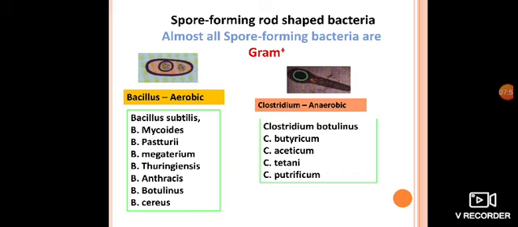Now what does it mean, a spore? Basically, spores are defined as the metabolic waste material generated by the microorganism. If a microorganism wants to survive, to develop, to carry out all its processes, at that time it has to generate its metabolic waste.